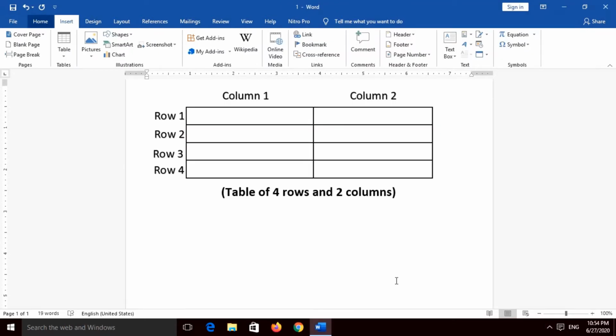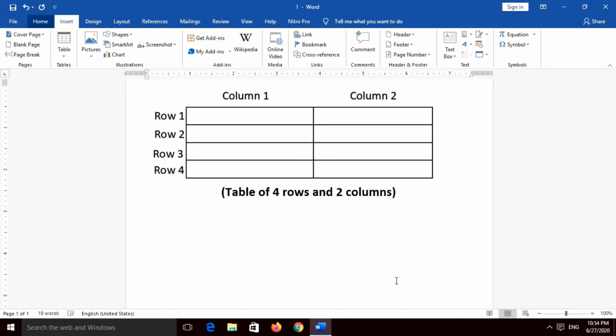So the table which is shown here contains 4 rows and 2 columns. Now including the first 2 cells horizontally, it is the first row. Same way the second row, the third row and the fourth row are shown here on the screen. So as I said before, rows are the horizontal boxes and columns are the vertical boxes. Now as you can see on the screen, this table contains 4 rows and 2 columns. Now we will learn how to create these tables.